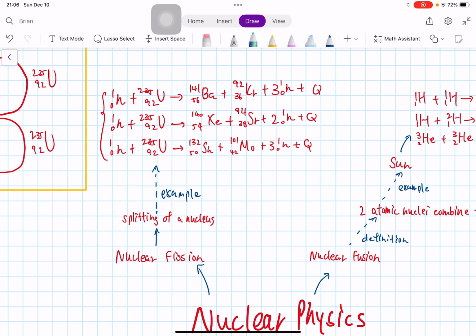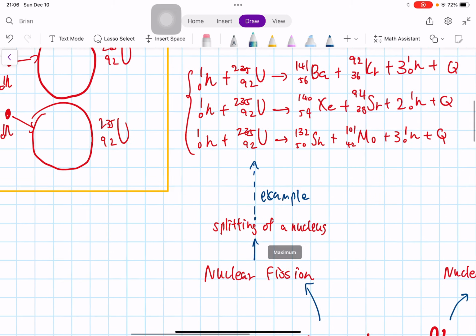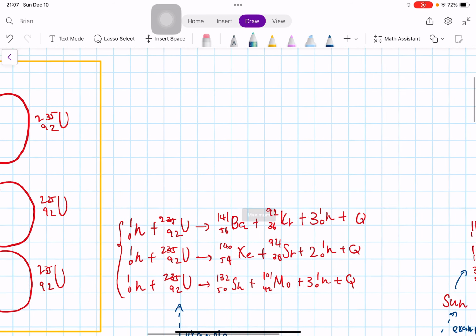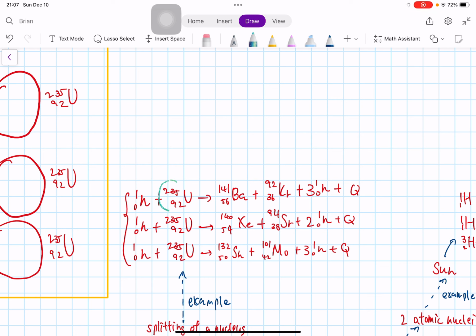of nuclear physics. When we're looking at nuclear fission, we're talking about the splitting of a nucleus, some fragmentation of an atom, like uranium. So here's an example of what nuclear fission looks like. We have the uranium, and when 1 neutron hits the uranium, it's going to break apart. It's going to break to form 2 smaller atoms